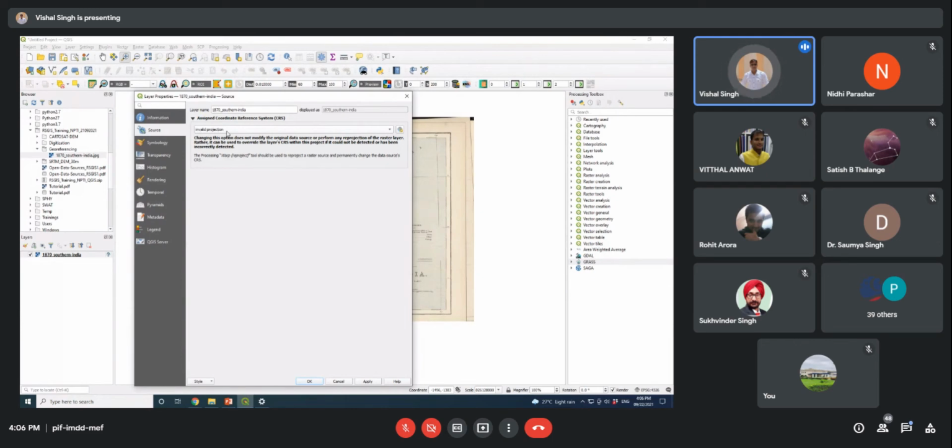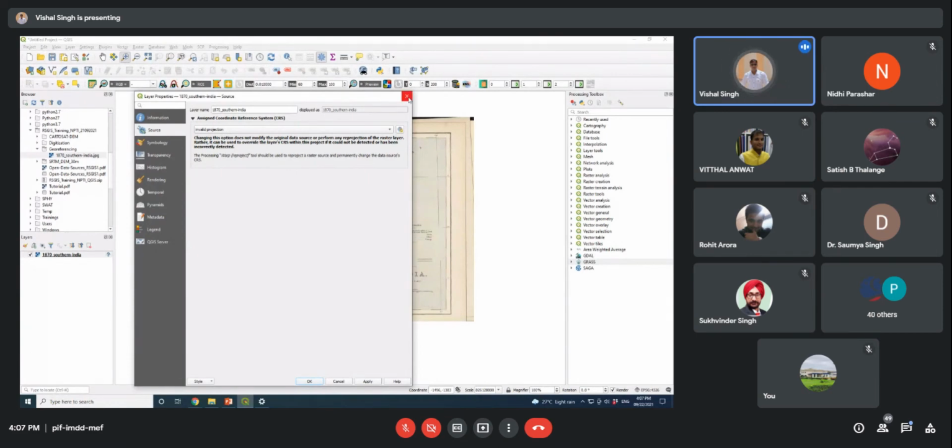Here it is showing an invalid projection. That means this layer is not in a projected coordinate system right now, so this layer does not have any kind of projection system. In this way you can get to know whether this map has already been projected or not.